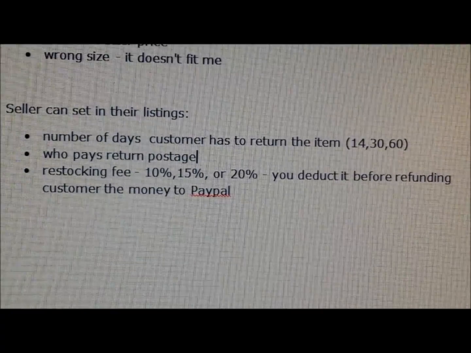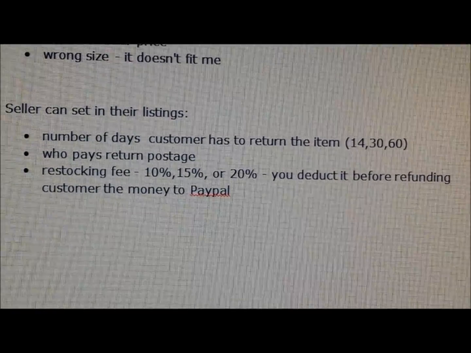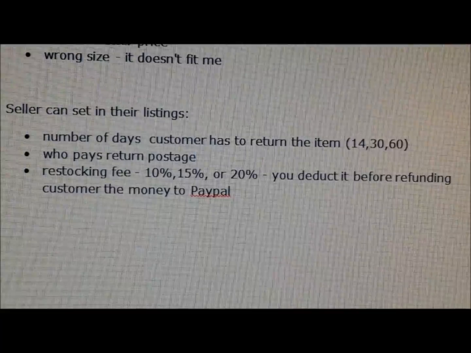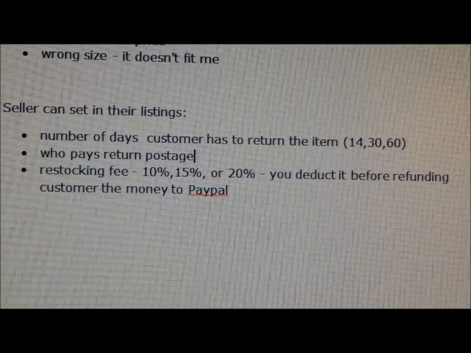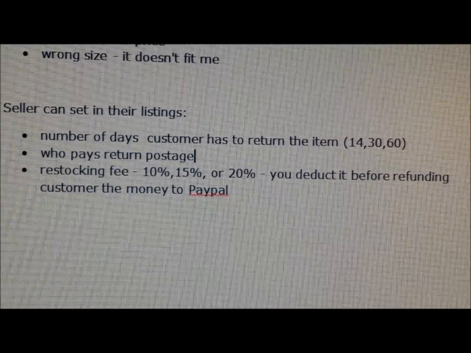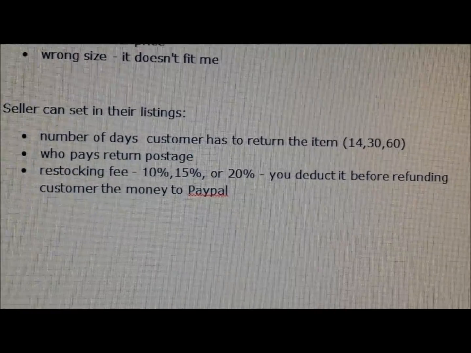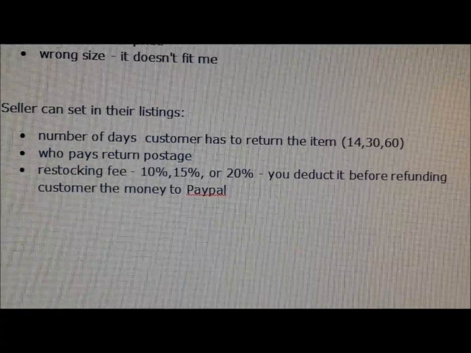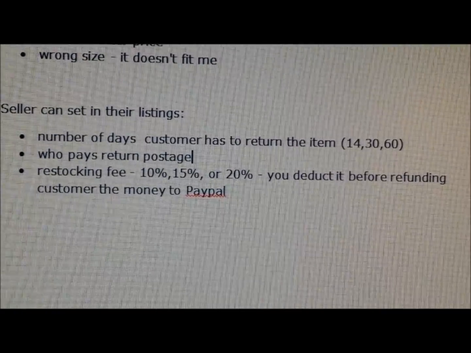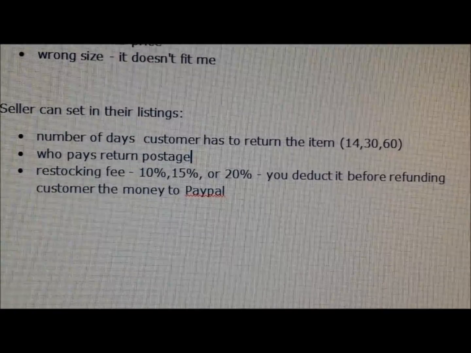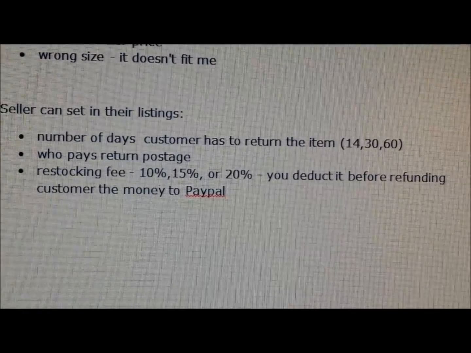I also do charge a restocking fee, which is usually 10 or 15%, and then you just deduct that before you return the money, after you receive your item back and after it is in the same condition as you sent it out.